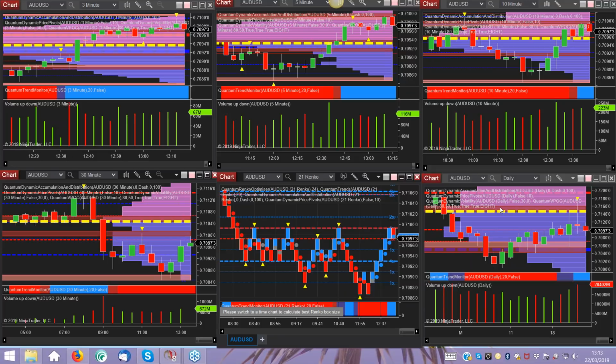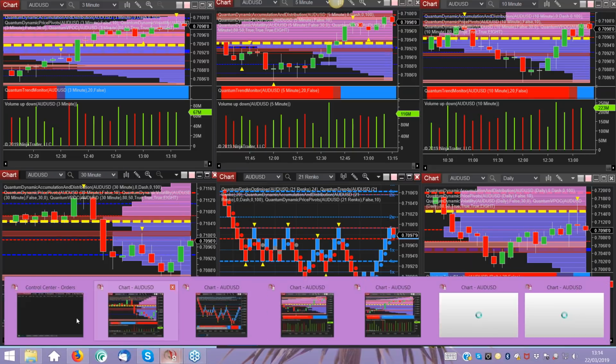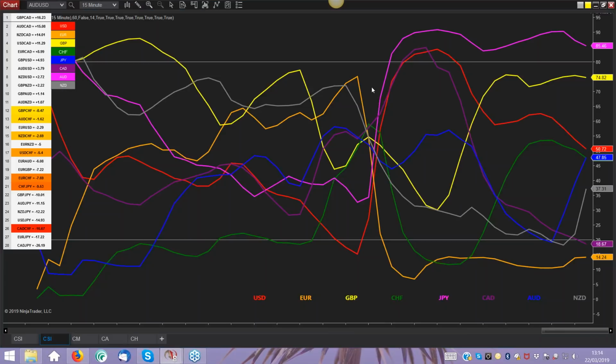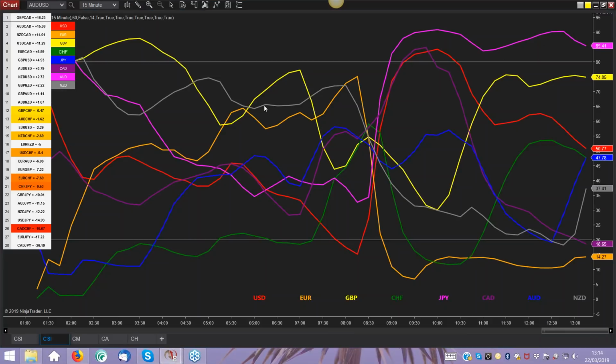The reason I switched to the Aussie dollar was just to get away from the euro and the reversal opportunities that will ultimately come, because looking at the CSI, clearly the euro is beaten down to a pulp on 15 minutes. Equally up at the top here, we've got the yen.